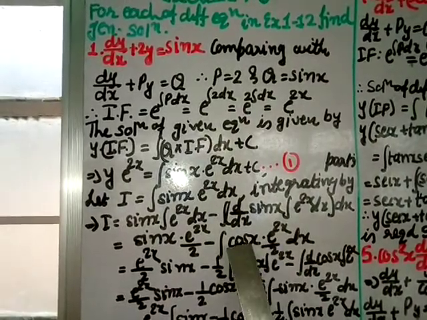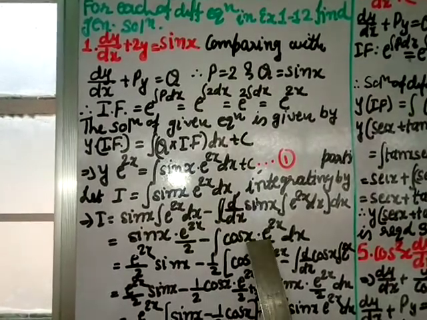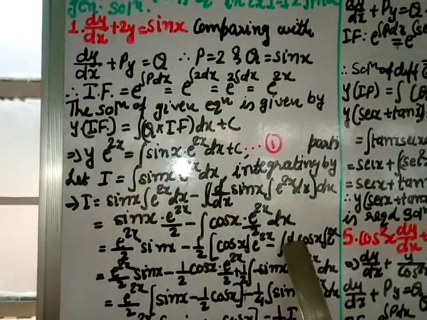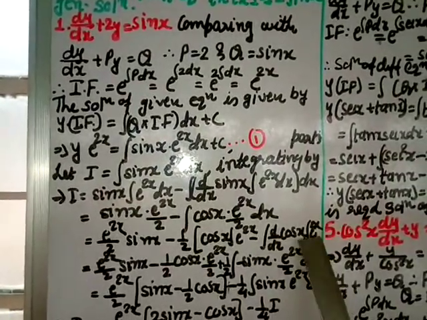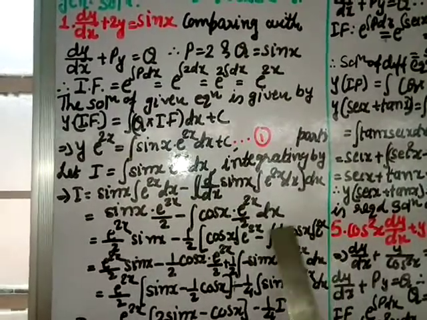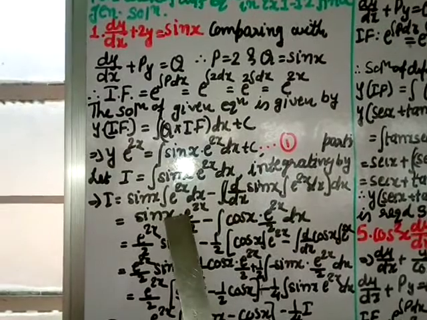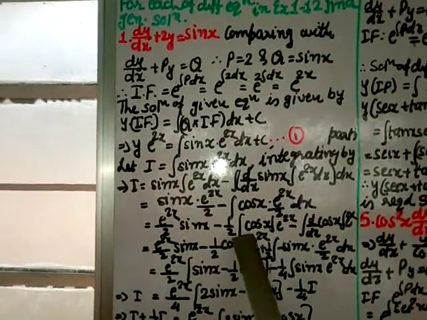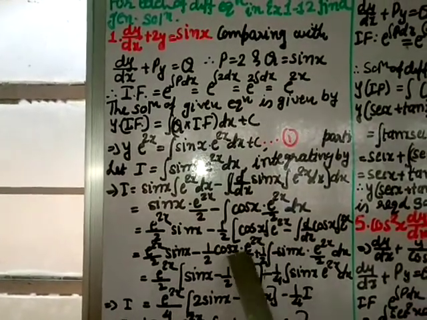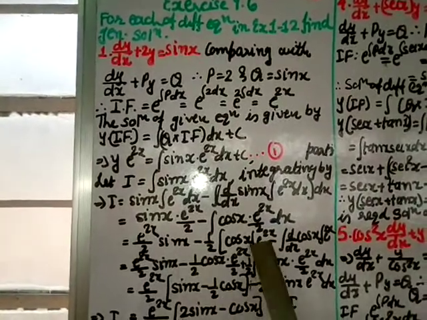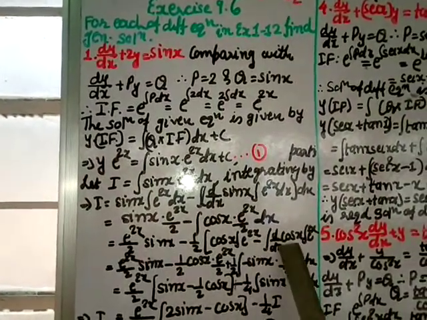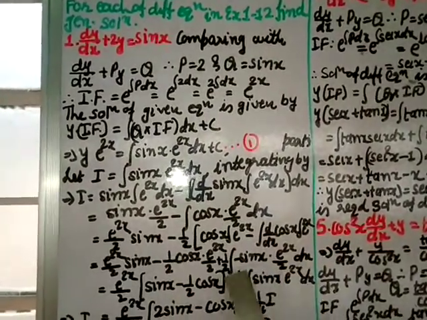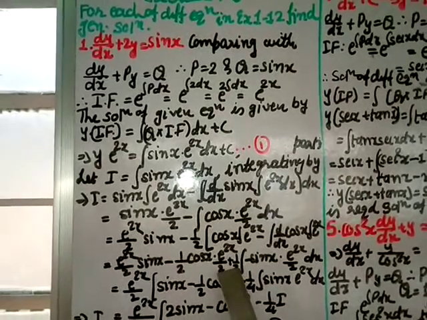Now here again I am going to do it, so take cos x as first and e^(2x) as second. So cos x as it is, ∫e^(2x), minus ∫ of the derivative of cos x, that is d/dx of cos x, into e^(2x) dx, and integrate the full thing. And this I am just bringing here, but I have rearranged it as e^(2x)/2 and sin x. Bring this as it is, minus 1/2 cos x, the integral of e^(2x) is e^(2x) divided by 2, minus and minus plus 1/2 ∫ derivative of cos, which is minus sin x, into e^(2x)/2, that integral dx, minus. Transfer it outside and the 2 multiplies here, so 4.